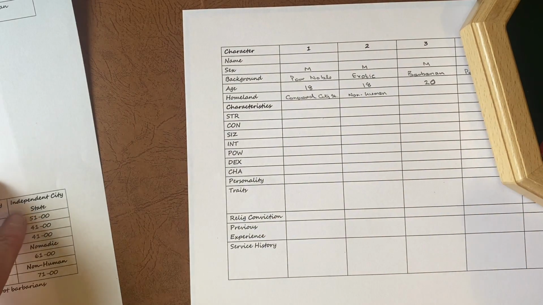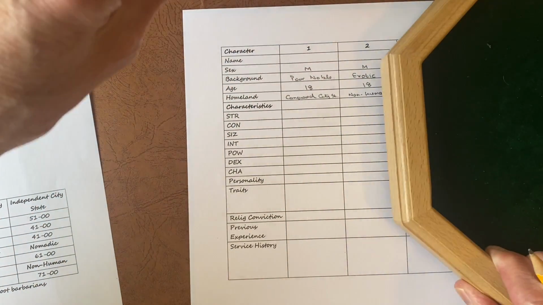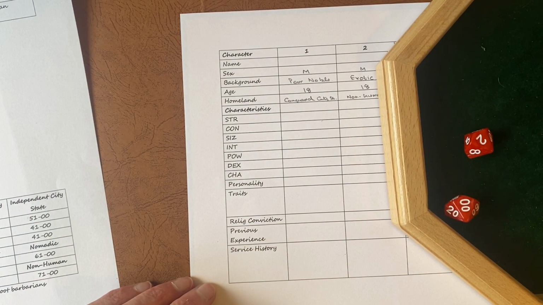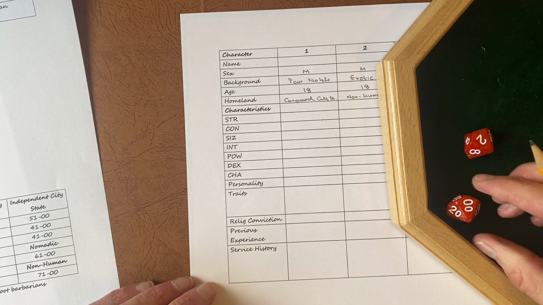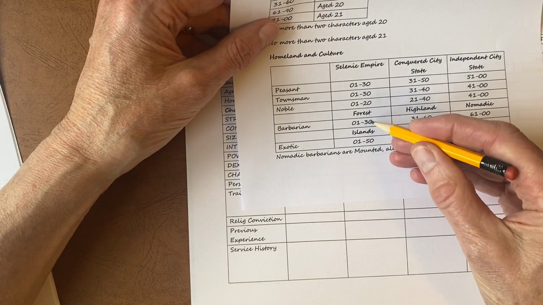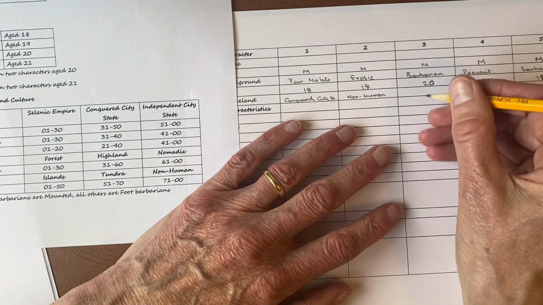We have a barbarian, so let's find out what our more experienced one is. This is the only one that's 20. Let's find out where this barbarian hails from. He is 02. That sounds like forest to me. I think it probably is. Yep, so he's basically a farmer type